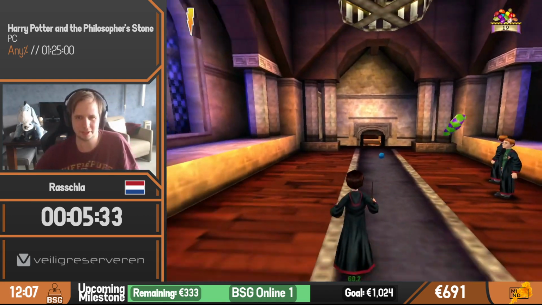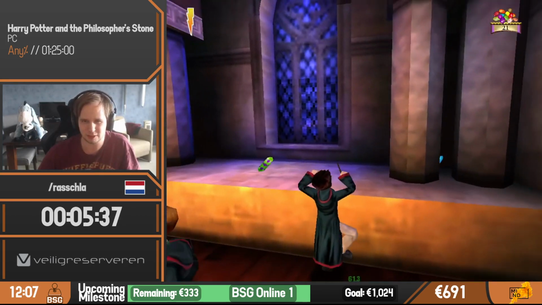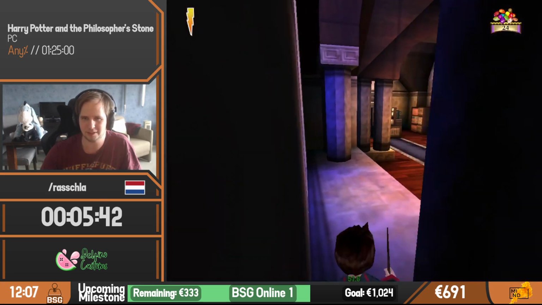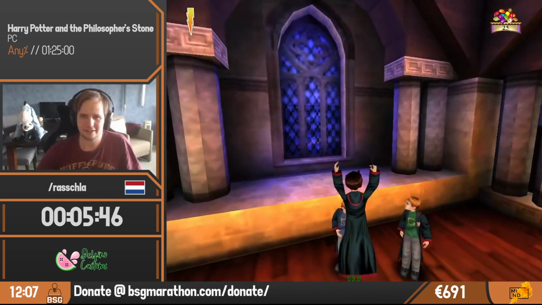So here I skipped a cutscene where Fred and George explained that I needed to collect 25 beans, because we actually need to collect these 25 beans to move on in the game. And I'm now going to...